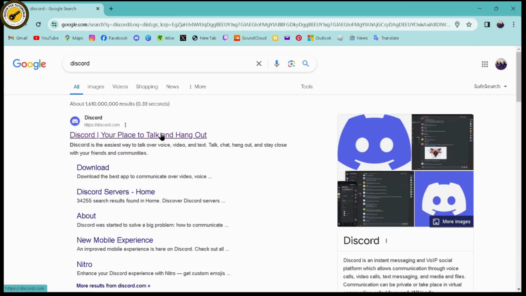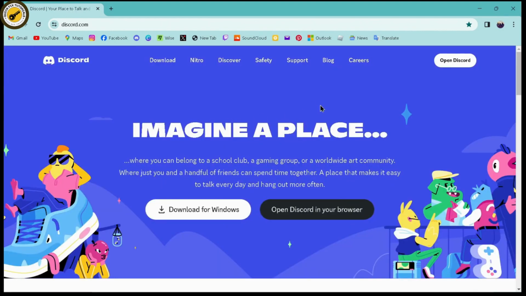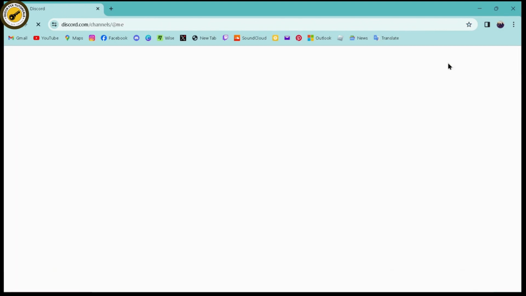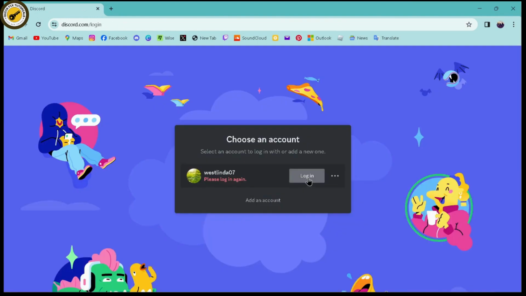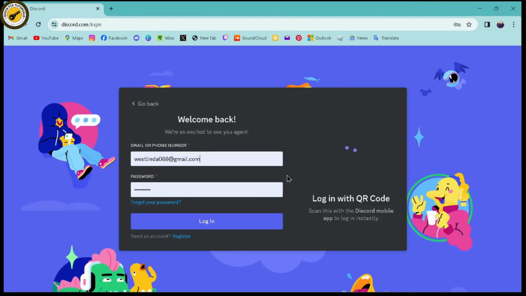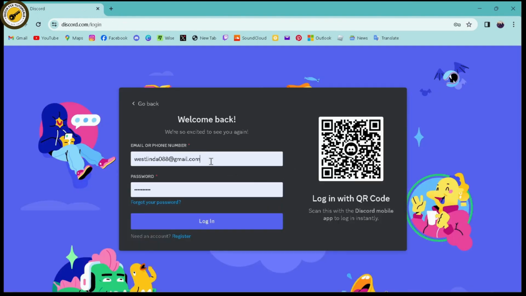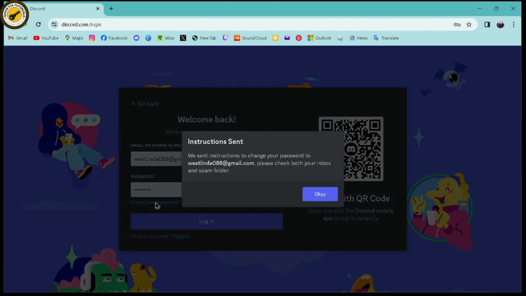Once you've searched, go for the first search, which is discord.com. Go for open Discord, which is on the upper right. And here you need to click on login. And you need to log into your account, but you have forgotten your password, right? So if you want to reset or recover your password, then go for forgot your password, which is below the